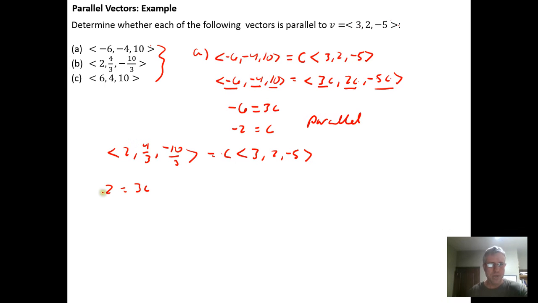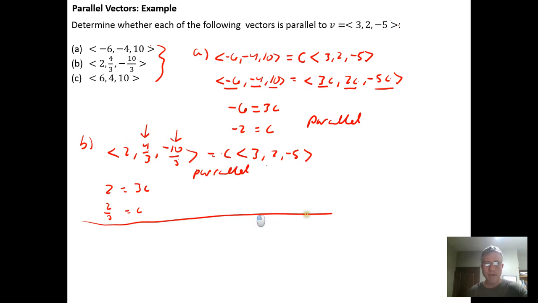If we solve this, we see that 2/3 would need to equal c. So the question is, if I multiply 2/3 times the other two vector components, will I get the same components I have here? Is 2/3 times 2 equal to 4/3? Yes, it is. So it works there. Is 2/3 times -5 equal to -10/3? Yes, it is. -5 times 2 is -10/3. So in case B, they are